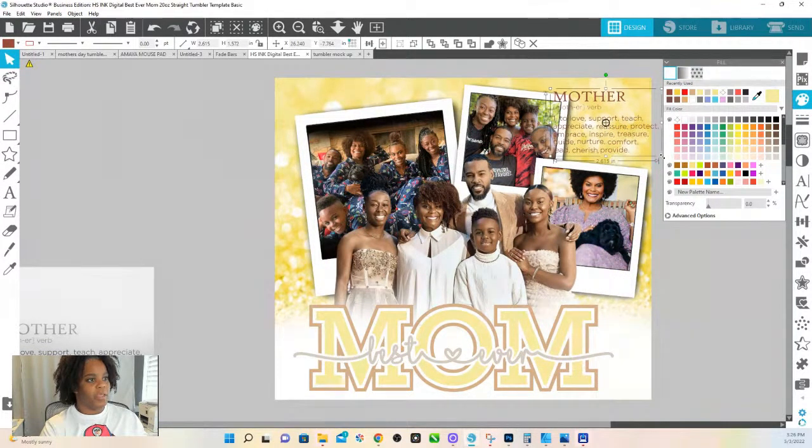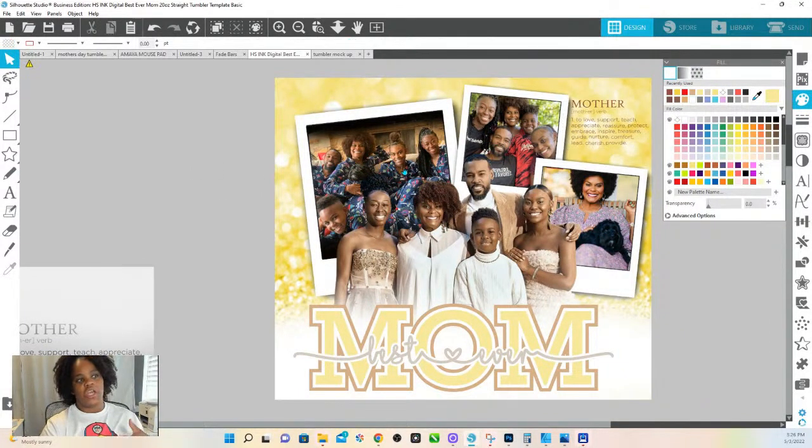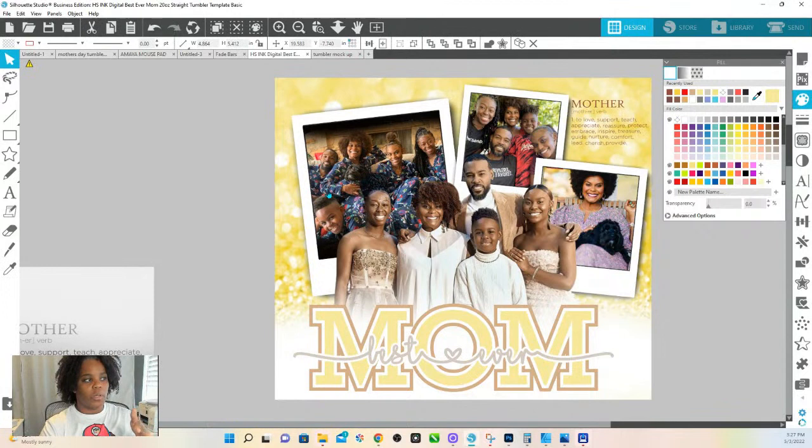So let's say I put that right here and make it small, put it right here in the corner. I can change that color to whatever I want it to be. And again, now on the other one, the majority of the design was on this side. This one, I kind of pushed it over a little bit. So if I were to put this down, I would have this side touch the tumbler first and then wrap this on top, because this little piece right here won't actually transfer if you're using Honestly Speaking paper, because our